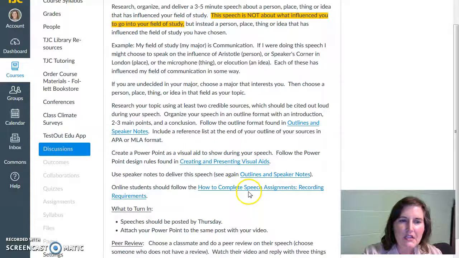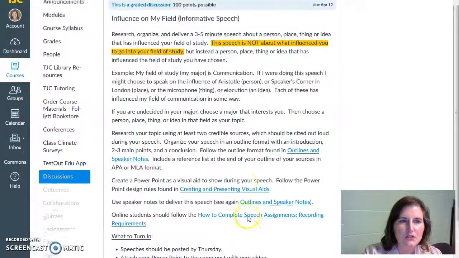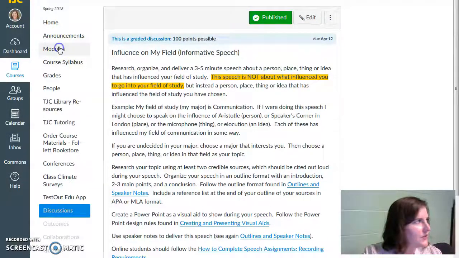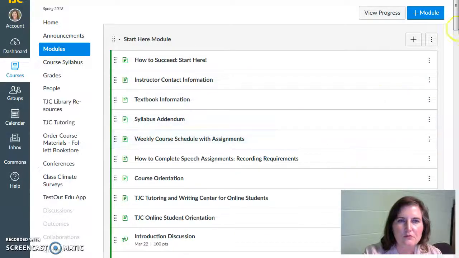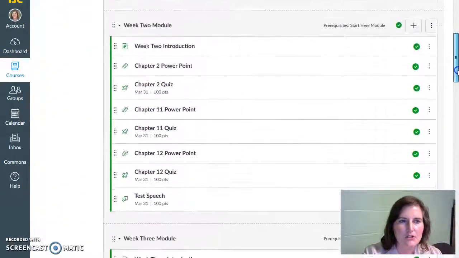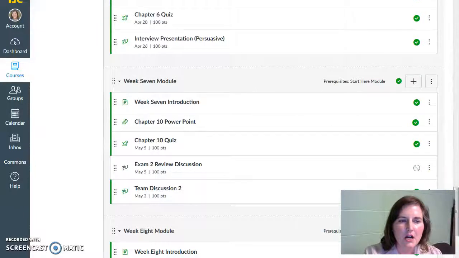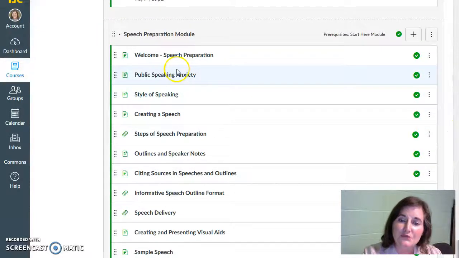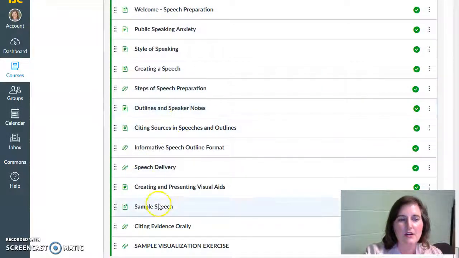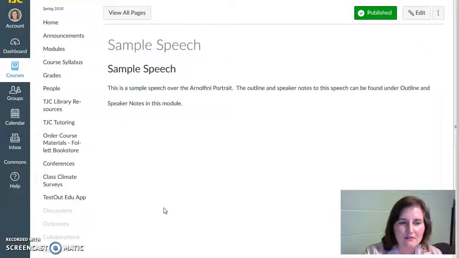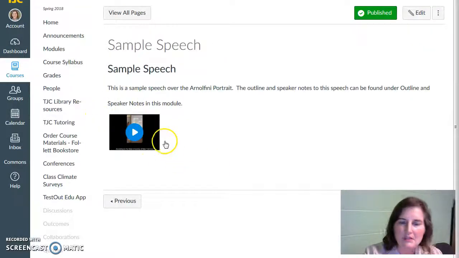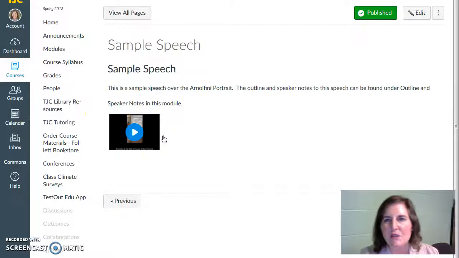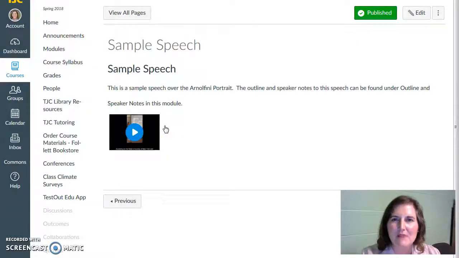If you need any help with how to present this speech, what will it look like, then you may want to review the speech preparation resource module. It is at the very bottom, I believe. Yep. So at the very bottom of the modules, there is a sample speech page, and this is basically me giving a speech several years ago to one of my classes,